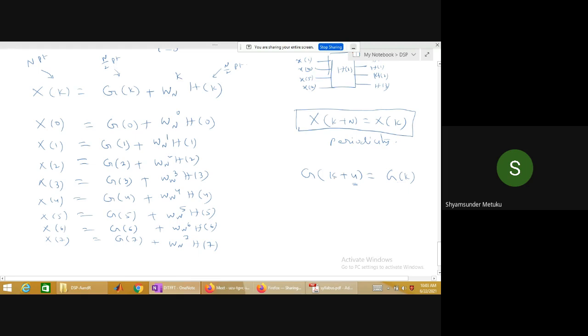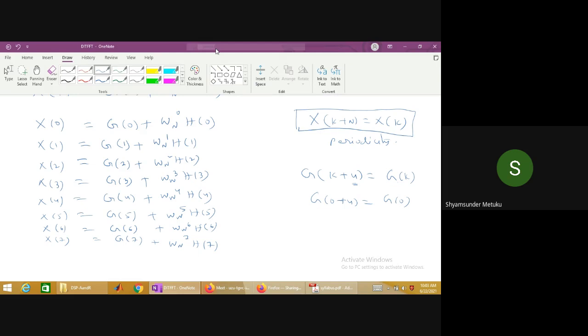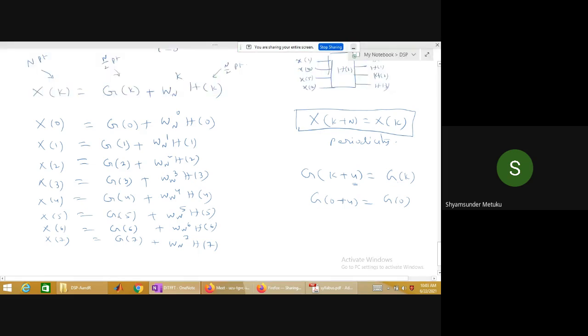So now can you tell me what is G of 4? K equal to 0, right? It is equal to G of 0. So can I replace G of 4 by G of 0? Yes, sir. I'm writing with a red color so that you should understand later. If I rub it, you may not understand. It can be replaced by G of 0. Agreed or not?